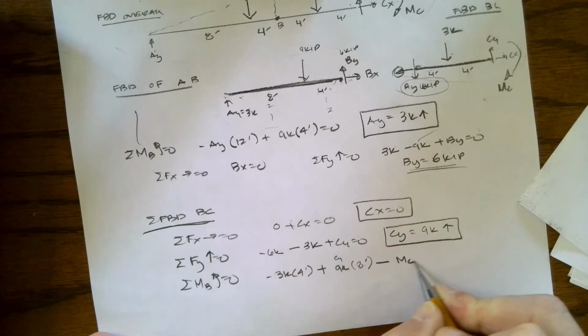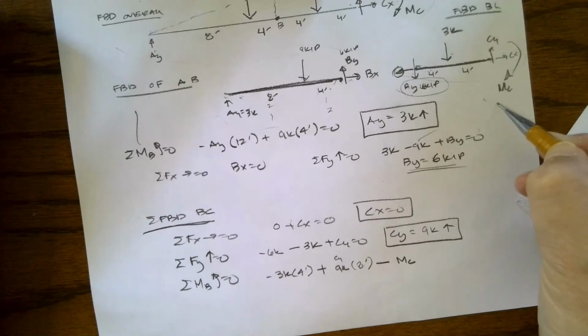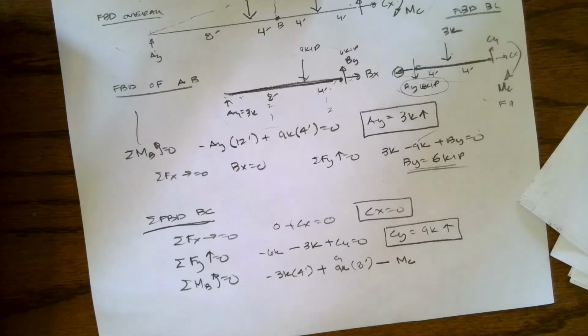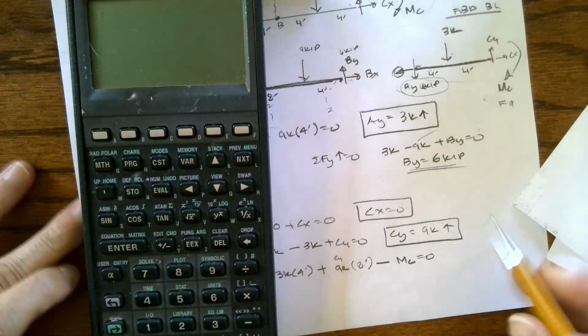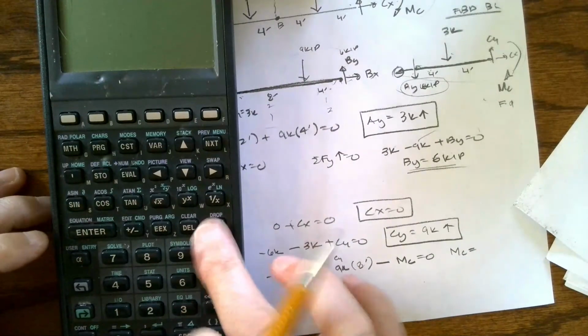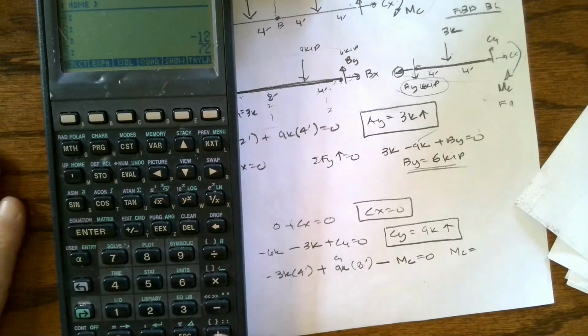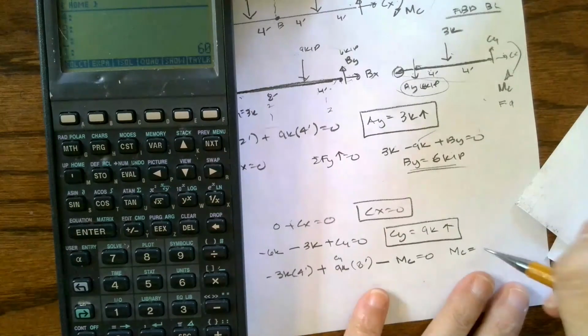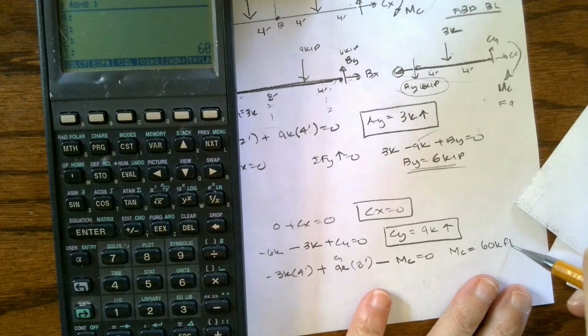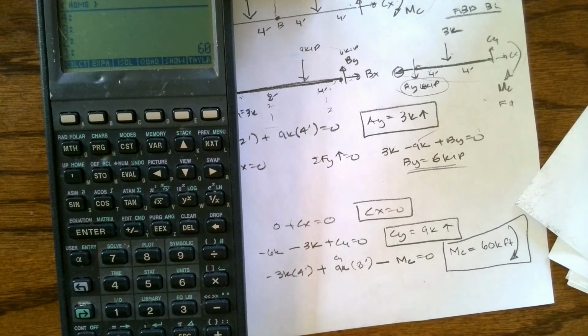minus the moment at C. Okay, I don't have to multiply it by a distance. The moment is already in units of a force distance. We don't multiply the unit or the moment. Okay, that equals 0. So if I take my moment over so that it's now the positive value, and I've got negative 3 times 4, plus 9 times 8, I get that my moment at C is 60 kip feet. It's in the direction I assumed because I get that positive value,